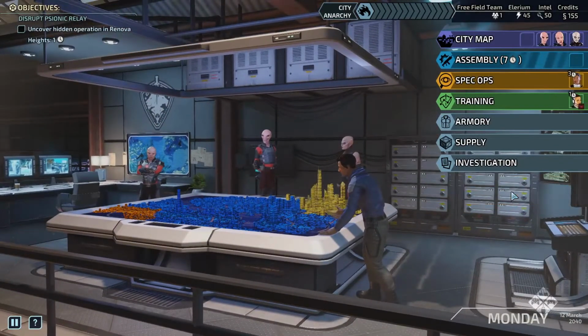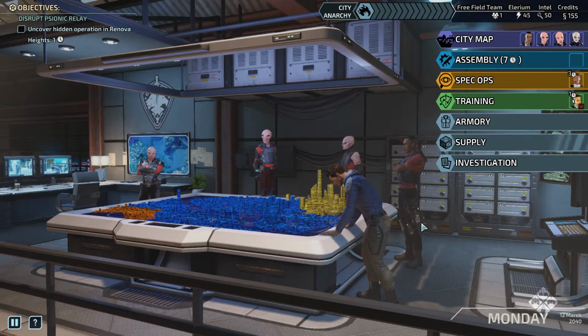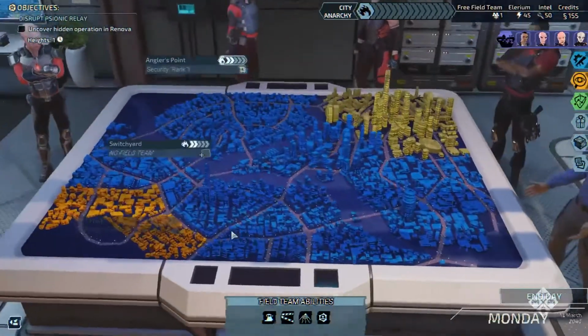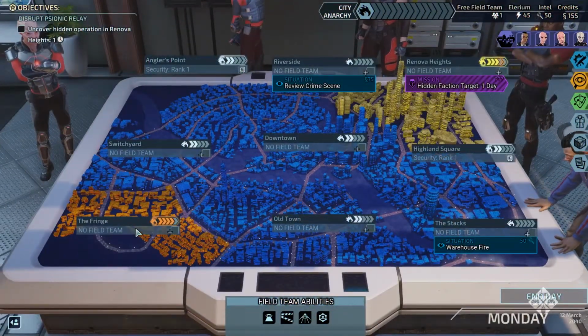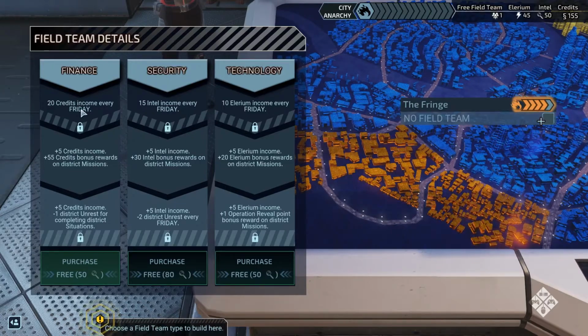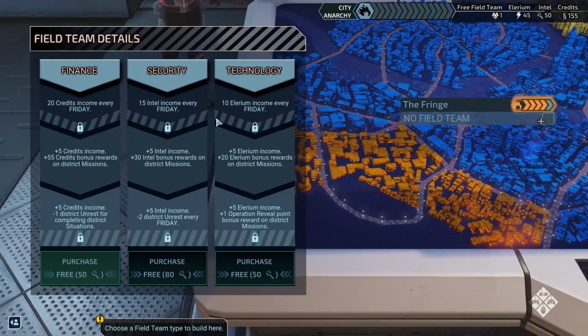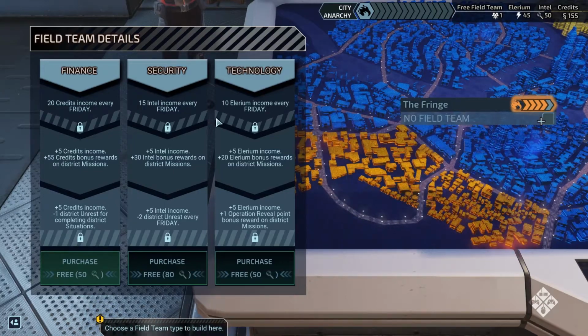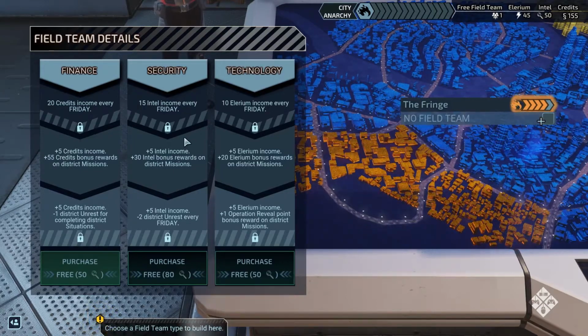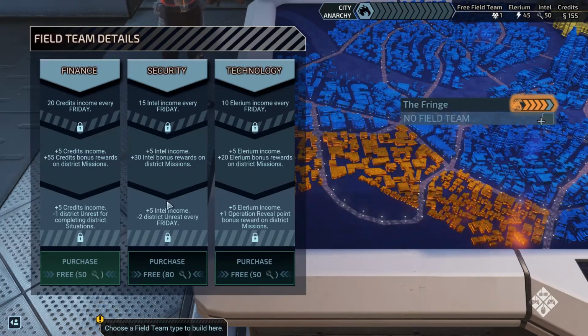Alright, let's see. We got Agent is idle, so we're gonna put Blue Blood back into the roster, and we're gonna take a look at the map. Alright, so the fridge is really in trouble. Let's see if we can get a field team here. 20 credits income every Friday. So the field teams will lower unrest, but they'll also give you some kind of income as well. So I've been going with security because +5